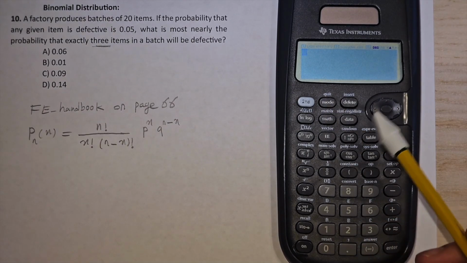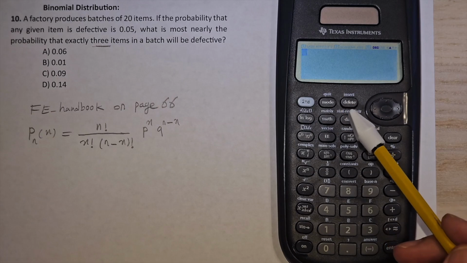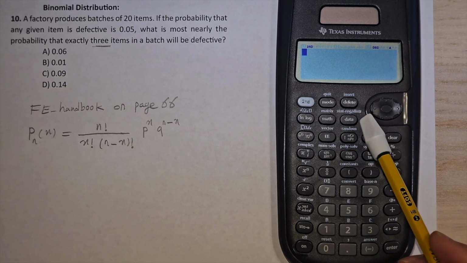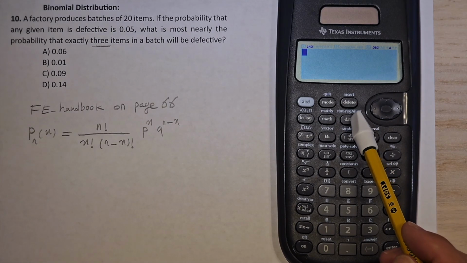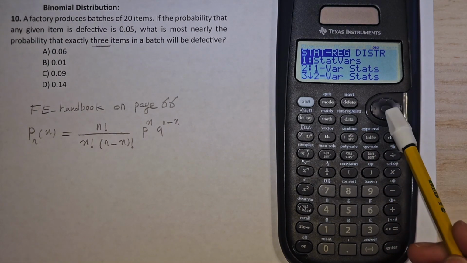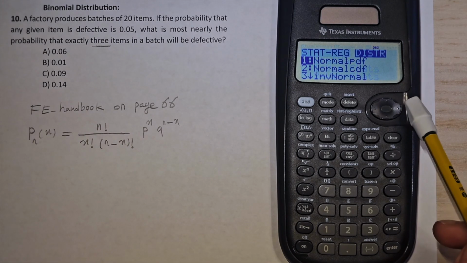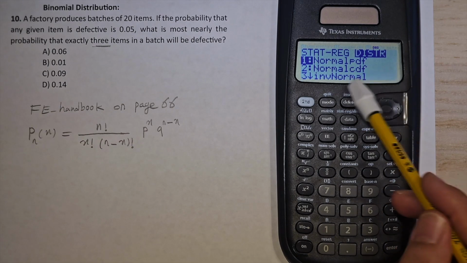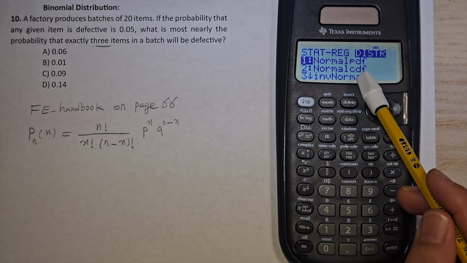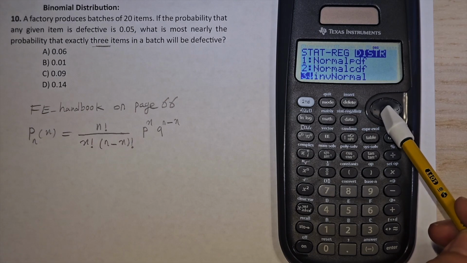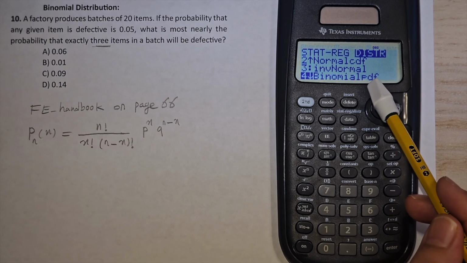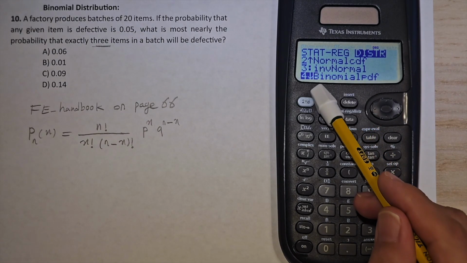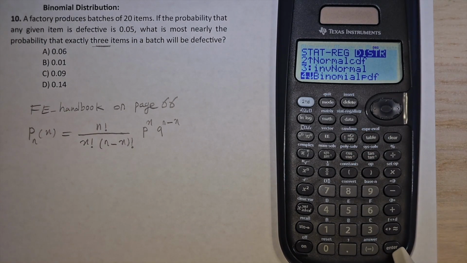I am going to the statistics function, so I should press the second button, then statistics, then I'm going to select distribution. As you can see here, there are other options also, for example normal distribution, but we are looking for the binomial one. So the right one should be number 4. I'm going to press enter